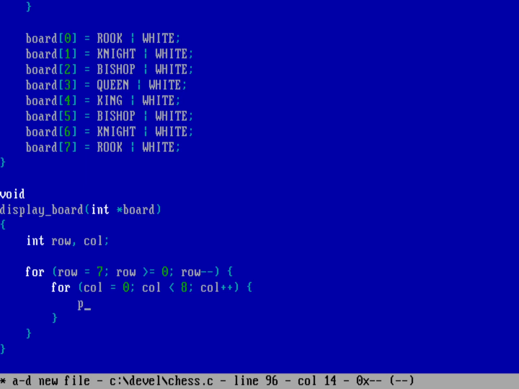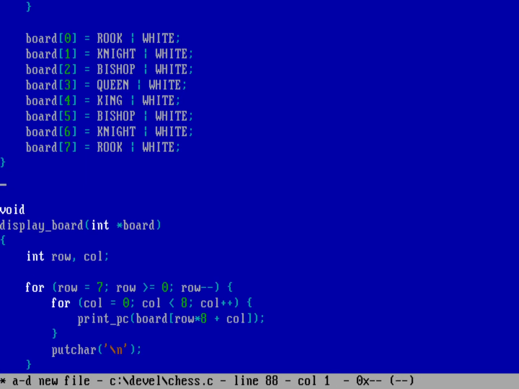So in this case, let's create a function called print piece at the board position of the row times 8 plus the column. That's the element of the array that we want to print out on the screen. And then when we're done with that, let's do this as a plain sort of thing here. So we'll just do a putchar of a new line. We'll make this fancy with colors and things in a minute, but let's go ahead and make a function up here called